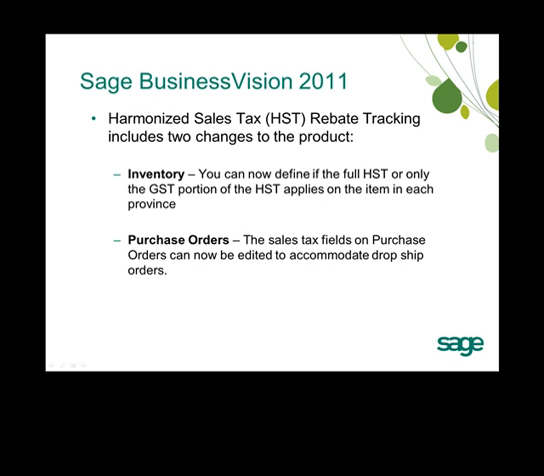Secondly, on purchase orders, the sales tax fields can now be edited so that you can accommodate dropship orders to provinces that have exemptions. We will now open Sage BusinessVision 2011, where we have this feature configured. We will walk through this configuration and show you how you can set up a similar example on your own